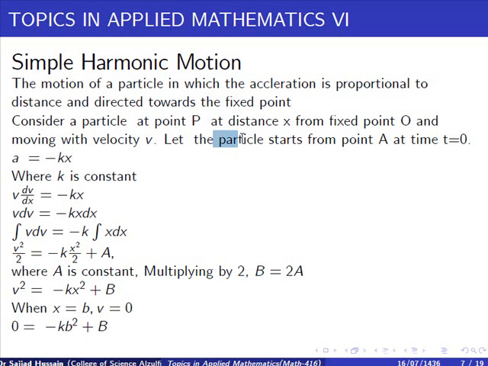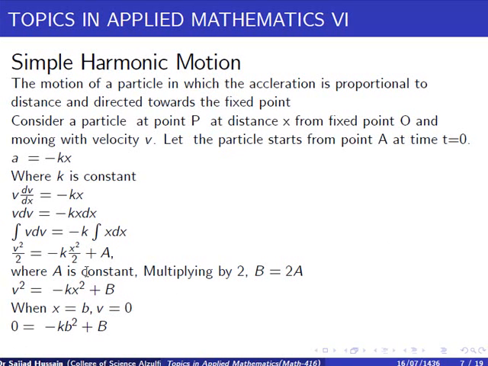Initial condition is that the particle starts its motion from the extreme point x is equal to B, so that at the extreme position, when the particle is at x is equal to B at the extreme right, then velocity is equal to 0. We put here v is equal to 0 and x is equal to capital B. We rearrange this one, and